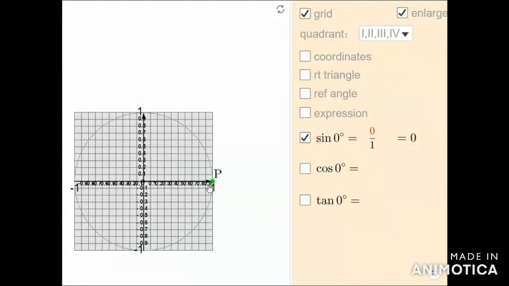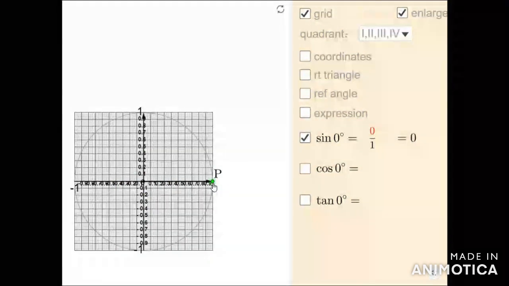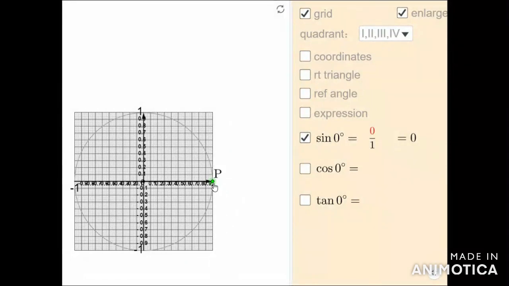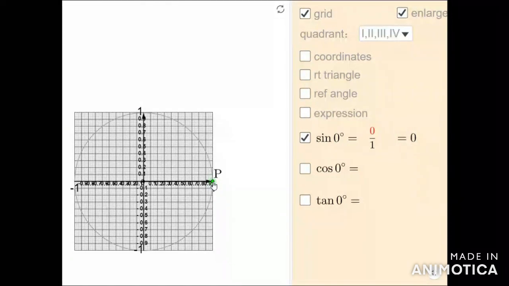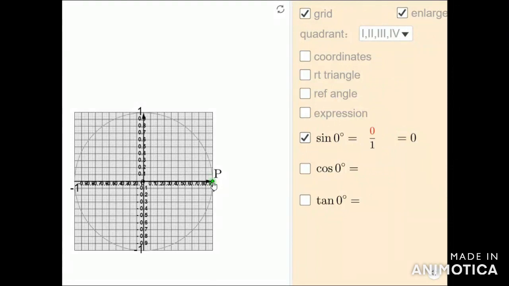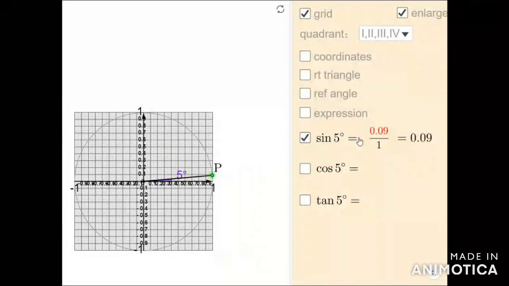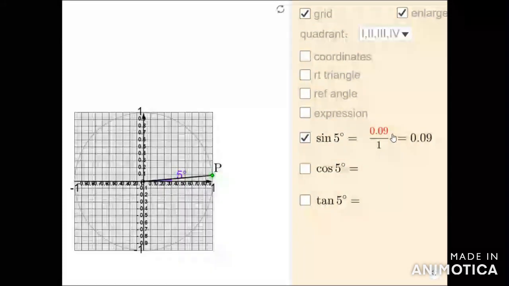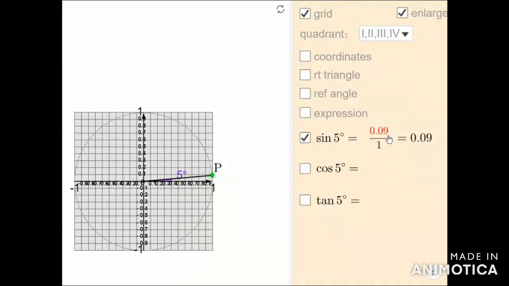And you can observe the value of sin 360 and sin 0 are same, because you will reach the same point when it is 360 degree. And now one rotation is already completed, and according to the definition, an angle is generated by rotating a ray. And if I rotate further, it is actually more than 360, and here sin 5 degree shows sin 5 degree is equal to 0.09, which is equal to sin of 365 degree.